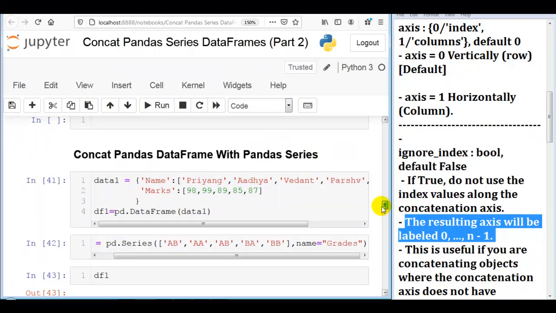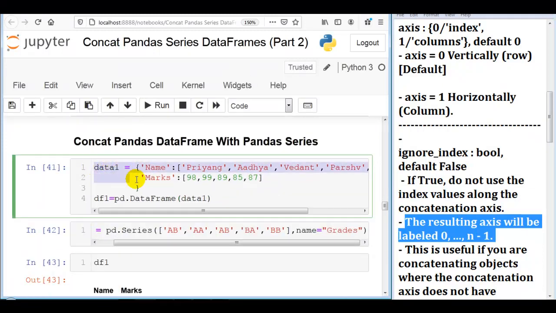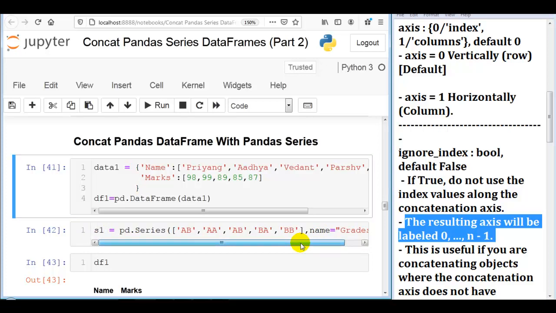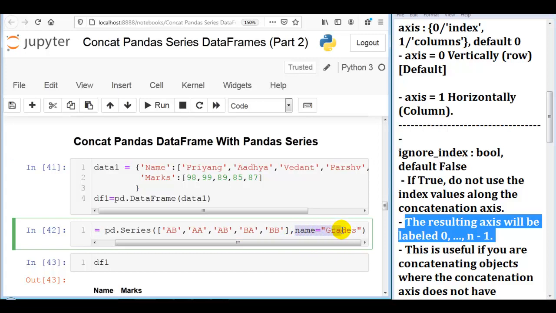So next, we can also concatenate a pandas data frame with a pandas series. As you can see over here, I have created a pandas data frame with name df1 having two columns, name and marks, and here I have created a pandas series with name s1, and also here I have passed the name parameter to give a name to this pandas series.